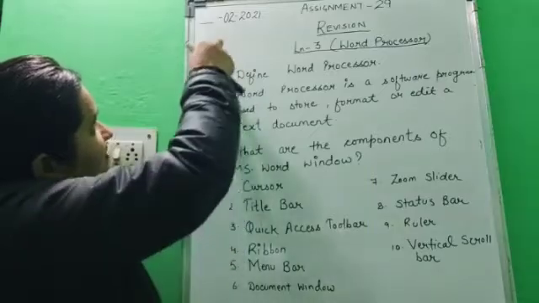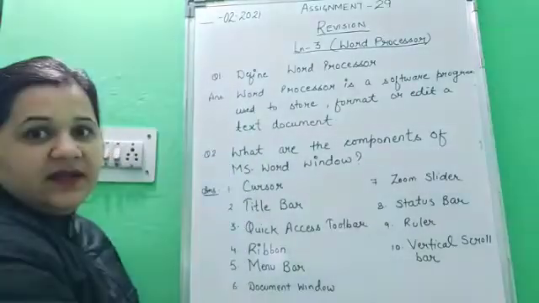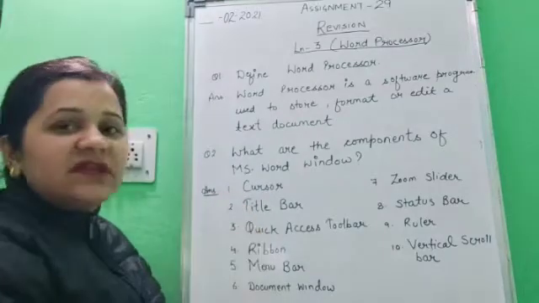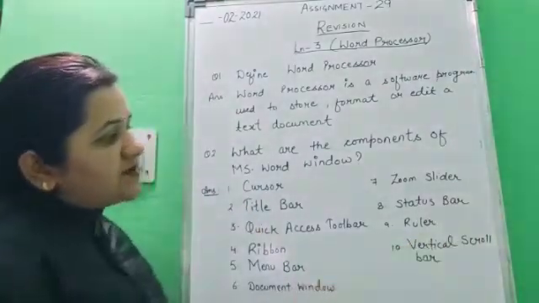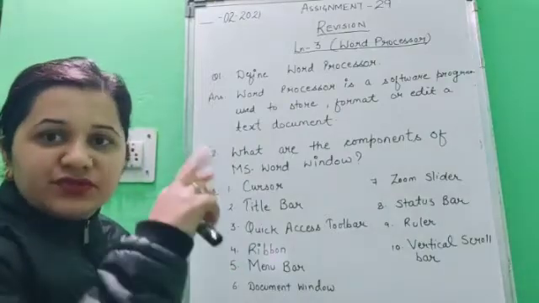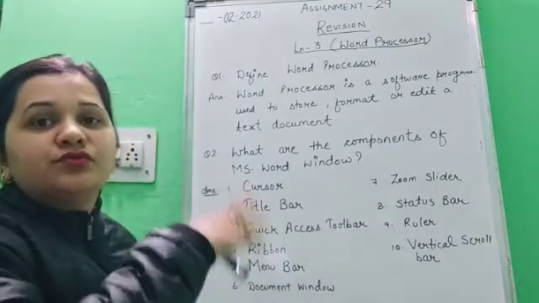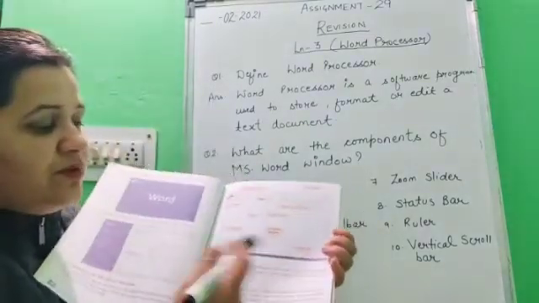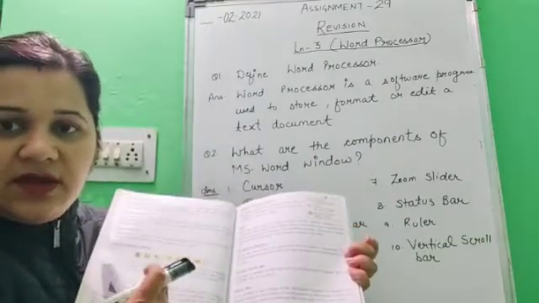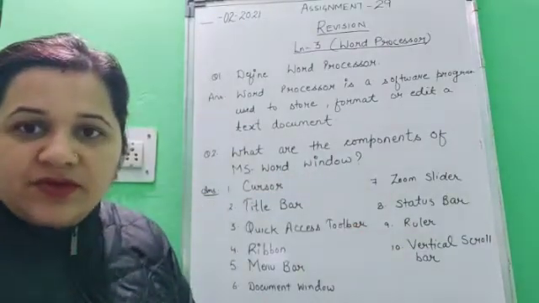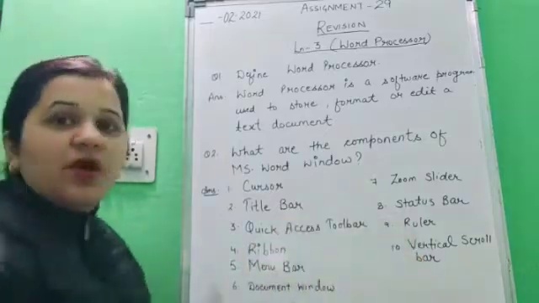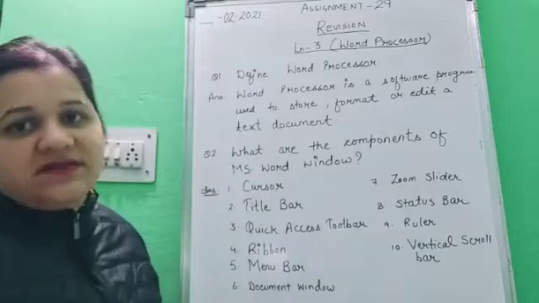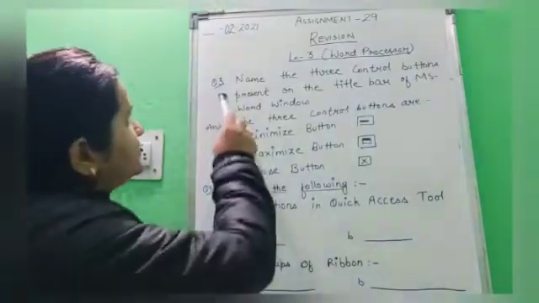Suppose this is the ruler. This part of the margin is where I have started writing. So the ruler sets the margin from where we start typing. Next is the vertical scroll bar. Scroll bar is used to move the pages up and down. Suppose I have written something on the page. If I want to read what is next, I have to turn the page. But you cannot turn the pages on a computer screen. So what would you use? You would use the vertical scroll bar to move the text or the pages up and down on the screen. Okay children.